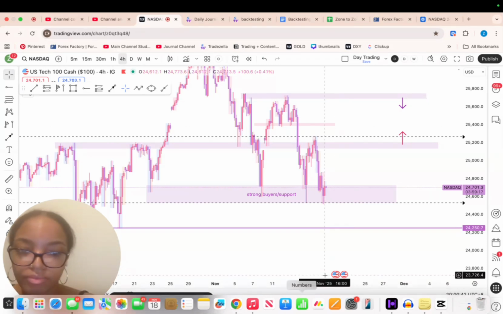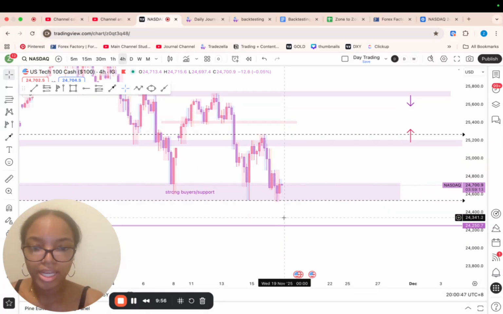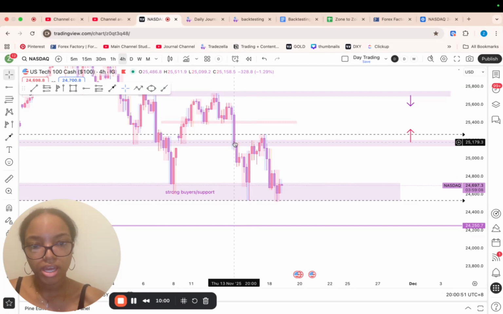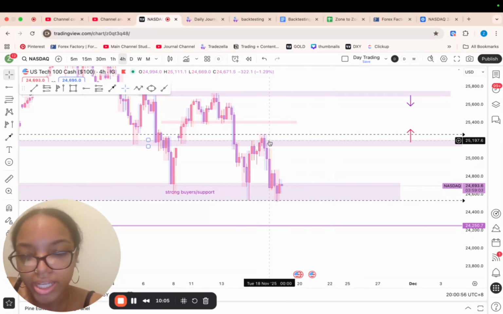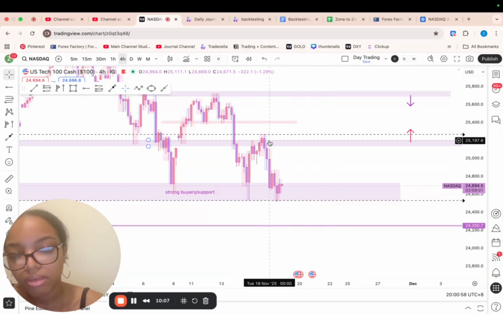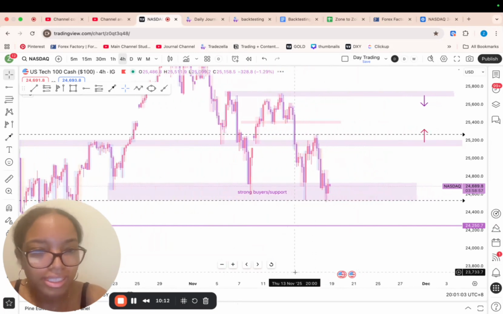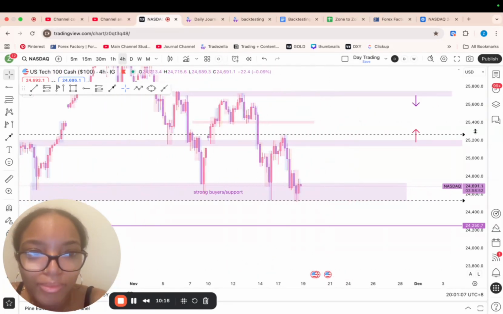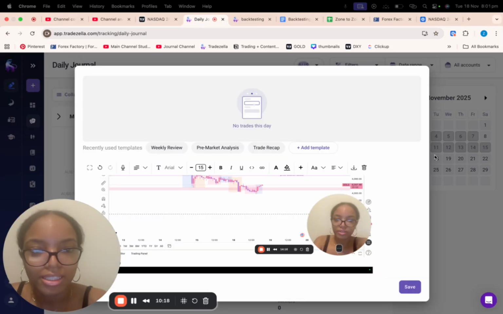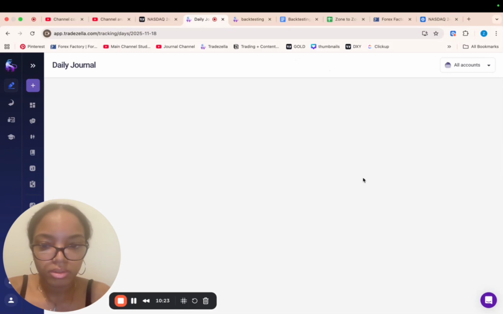And yeah, I just feel like I want to see an indication, to be honest, before I think about taking anything, because I've taken a trade here, and I also looked at potentially a trade here. So I don't want to keep trading in between that range, because then that's really just trading the consolidation. Well, I guess it's not really consolidation, but I don't know. I think I'm just going to wait for Nasdaq to give me something better. So let's journal.